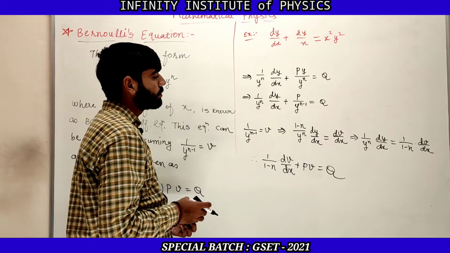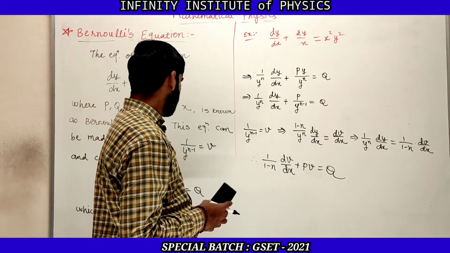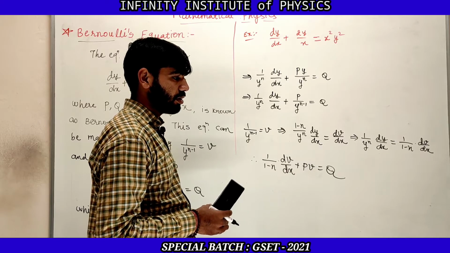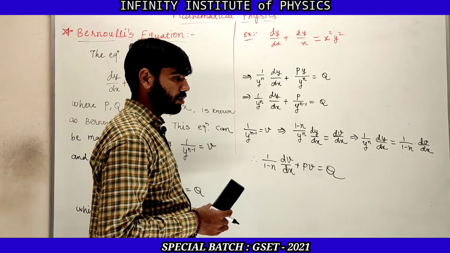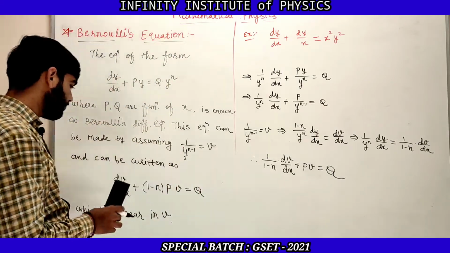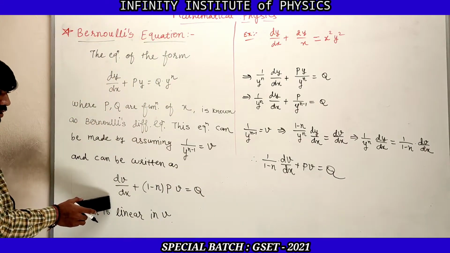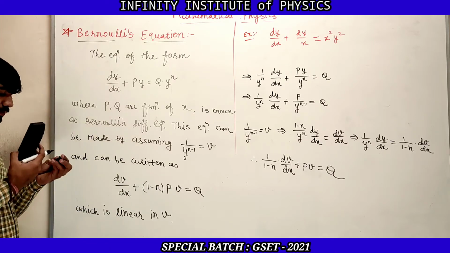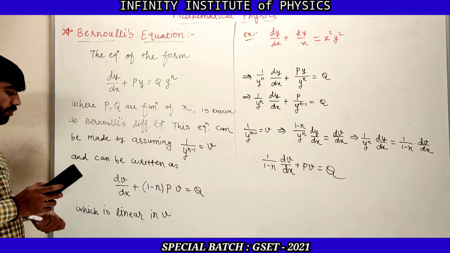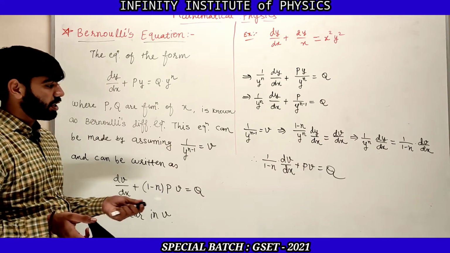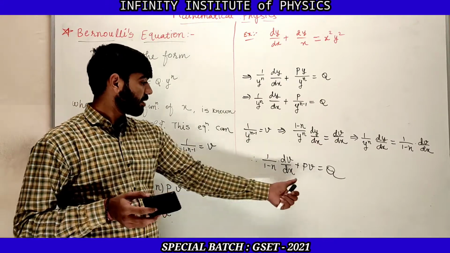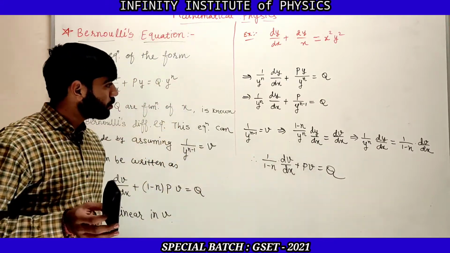y raised to n minus 1, that is 1 minus n. Done. But we want in this term, so let us multiply it by that 1 minus n. So here it will be dv by dx plus p into 1 minus n v is equal to that q into,